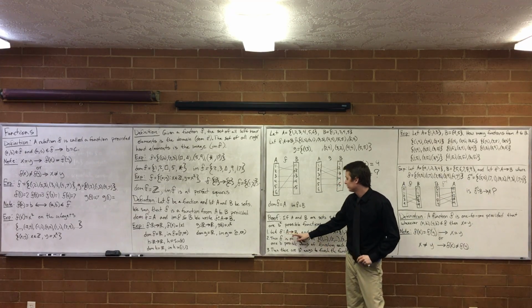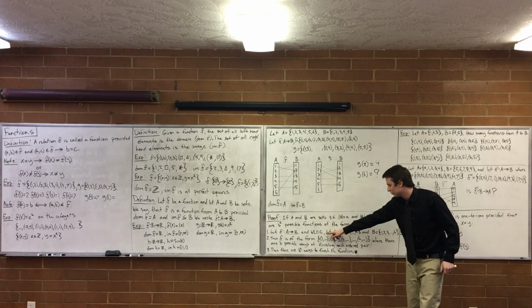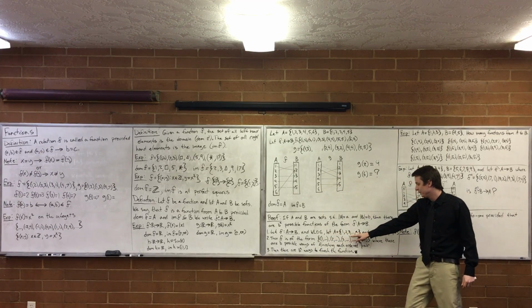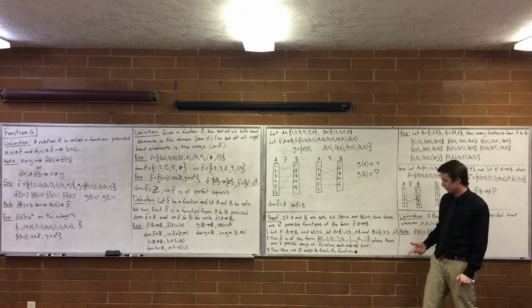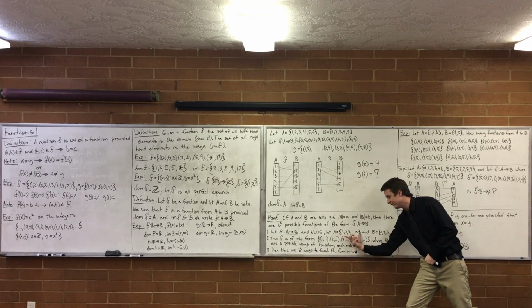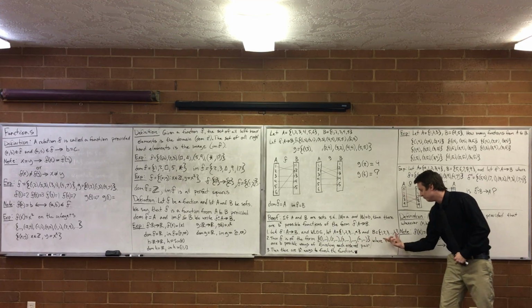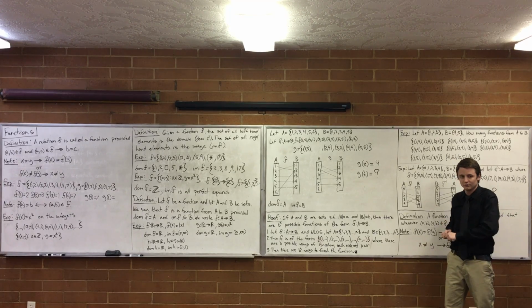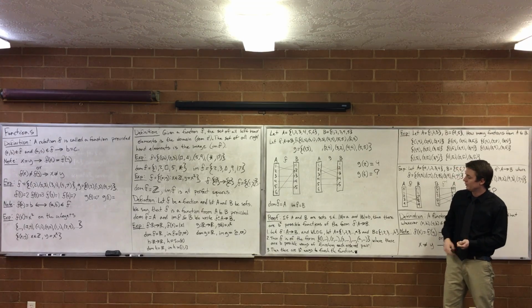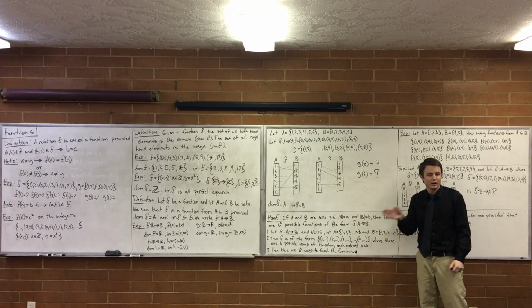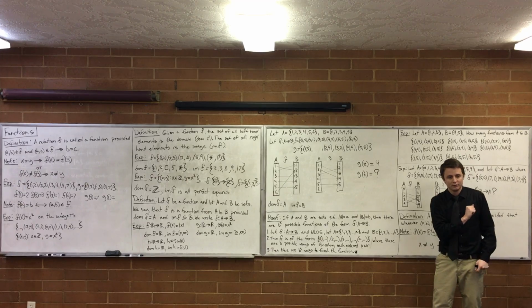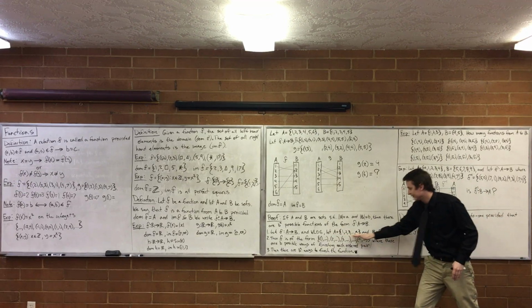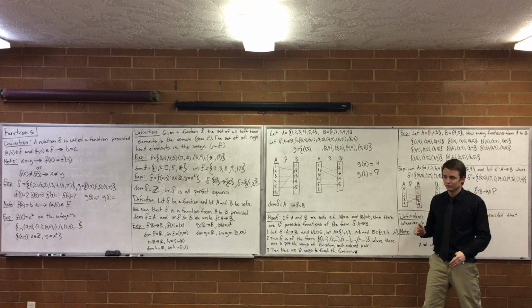So let f be a function from A to B, and without loss of generality, let A be this set and B be this set. We're just making A some set that we know has a elements, and B some set that we know has b elements. That's what you mean by without loss of generality. A could have really been star, triangle, heptagon, whatever, but we could just replace it with something that has the same number of elements, and it doesn't change our proof.